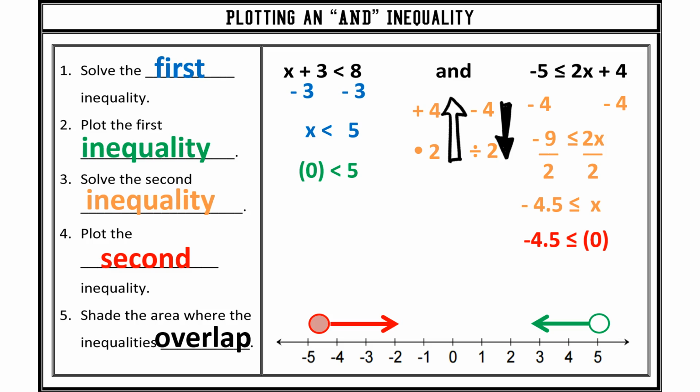Now I'm going to shade the area where the inequalities overlap. The green arrow can go all the way to the left, but it won't pass the red point. The red arrow can go all the way to the right, but it won't pass the green point. So I'm going to draw in and shade in the area between. That means all the solutions, including -4.5, all the way up to 5, but not including 5, would make